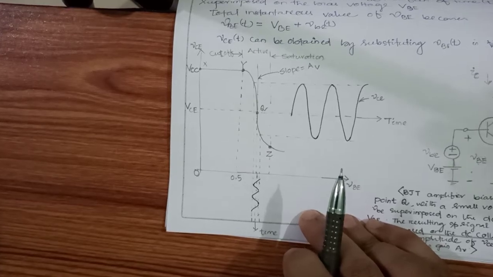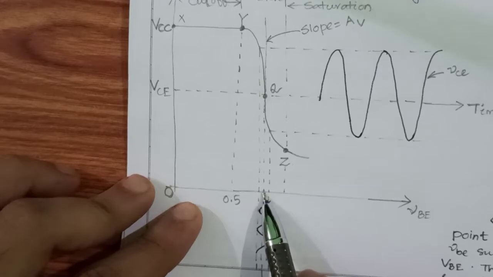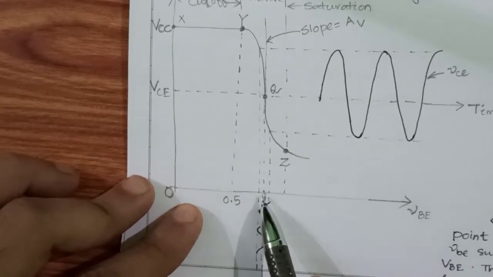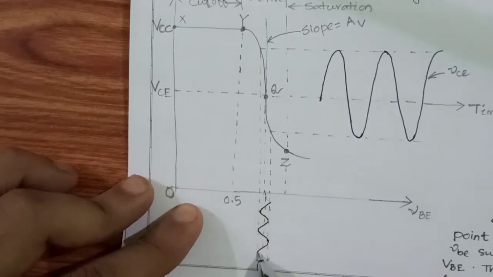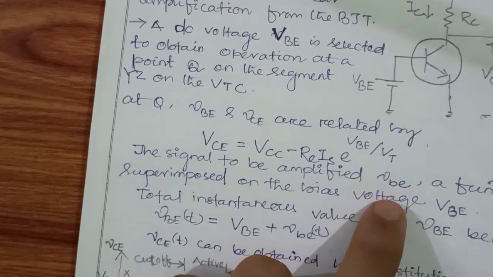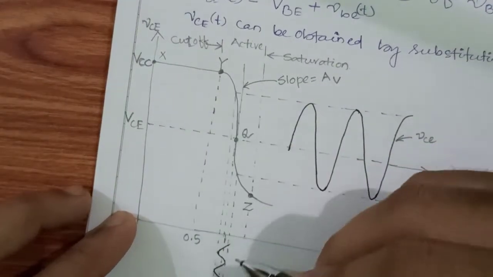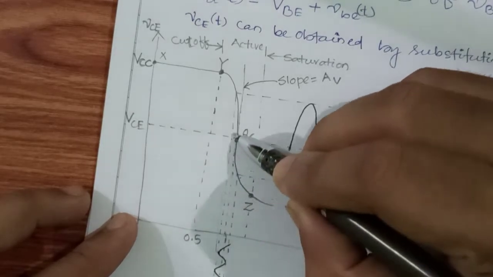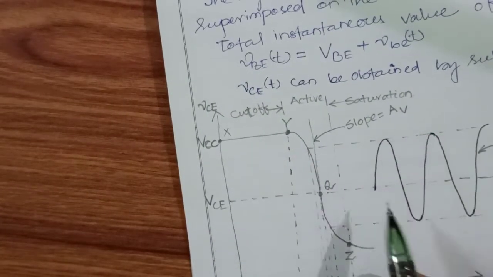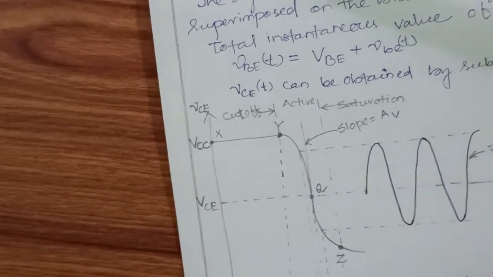Let me zoom this one. This point is nothing but capital VB on the characteristic graph, and this point is capital VC, meaning my DC values. Now the small AC values are nothing but this vbe. This is the AC value that is applied, and we will see in this region as it is applied, this is one range, the upper range, and this is my lower range. At the output side I am getting an amplified version of the signal, which is nothing but small v, small c, small e.